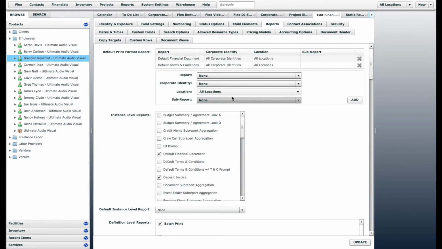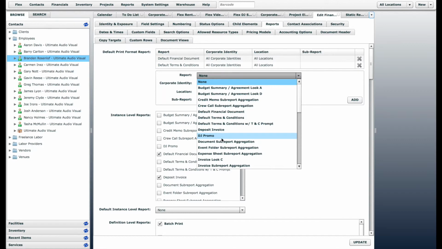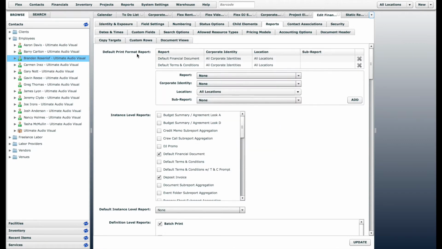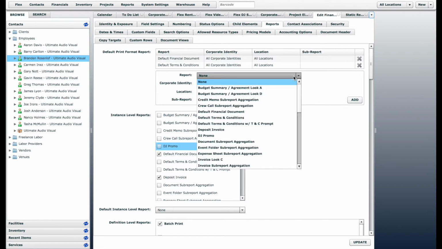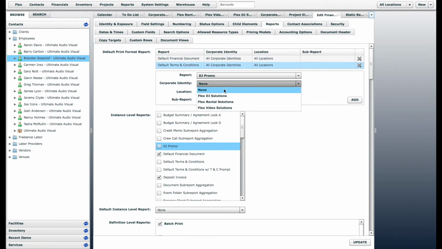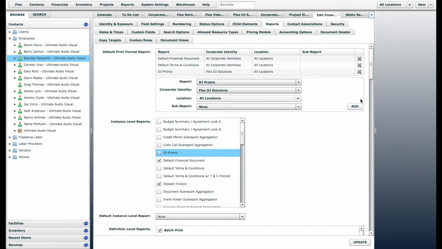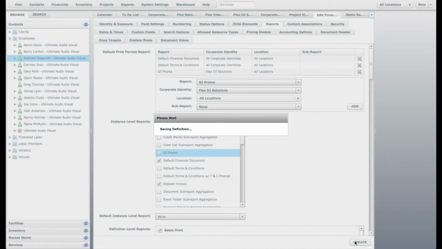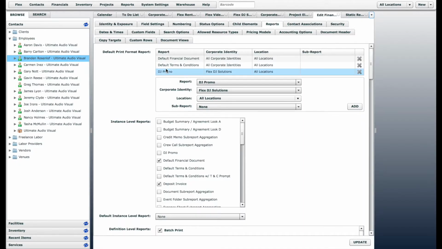And then you can utilize static reports here in the default print format report, or I could even enable it on the quote so I could print it directly from the quote. But for now, in this example, I just want to add it to the default print format report, but this time I'm going to assign it to the Flex DJ Solutions corporate identity. And I'll click Update. And what this means is that this report is only going to print if the quote is assigned to the Flex DJ